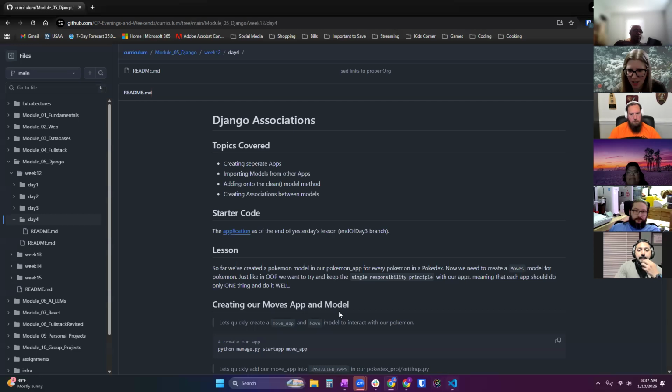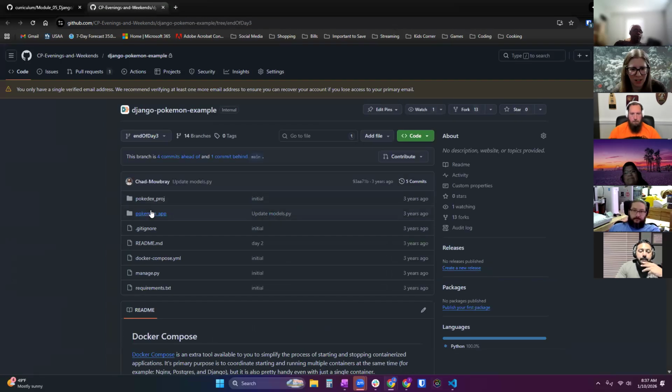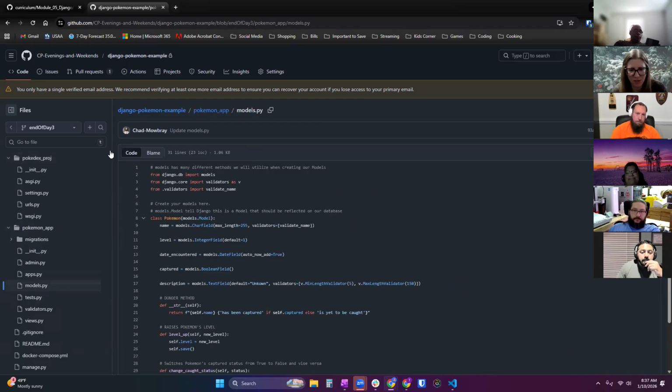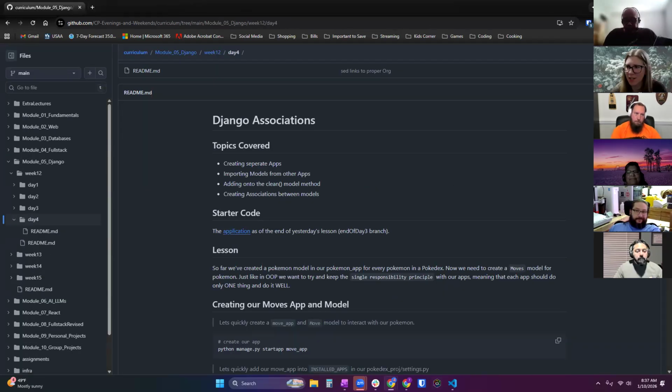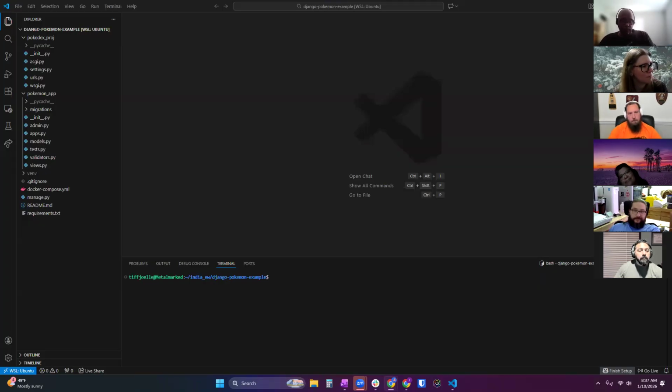If not, just go into this and copy and paste stuff, honestly. Go to the models, grab all this and throw it in your model. Just make sure you're where we left off on Thursday, and we will pick up there and learn how to make an associated model.